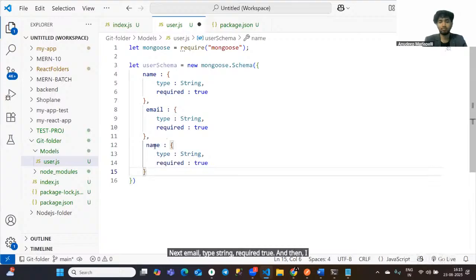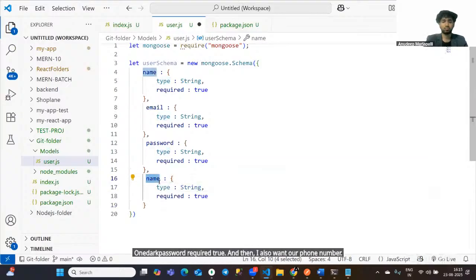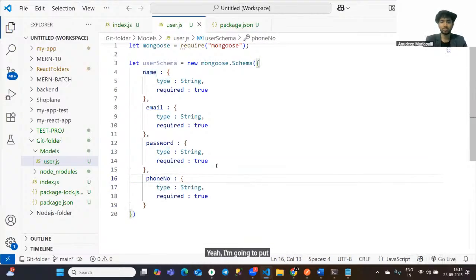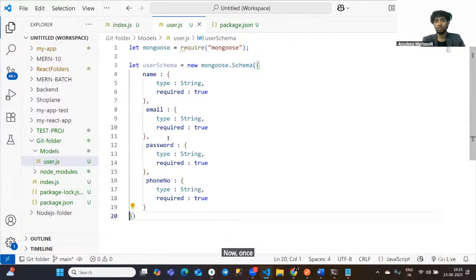and then here I'm going to have next email type string required true, and then I also want to have password, required true, and then I also want to have phone number. Here I'm going to put phone number. This also is string required is true. Okay. Now once you have done here,